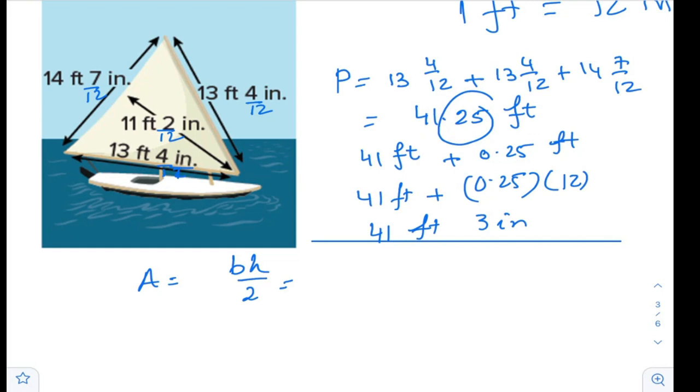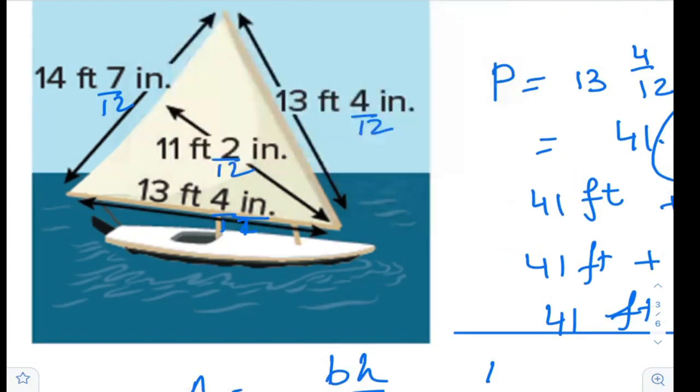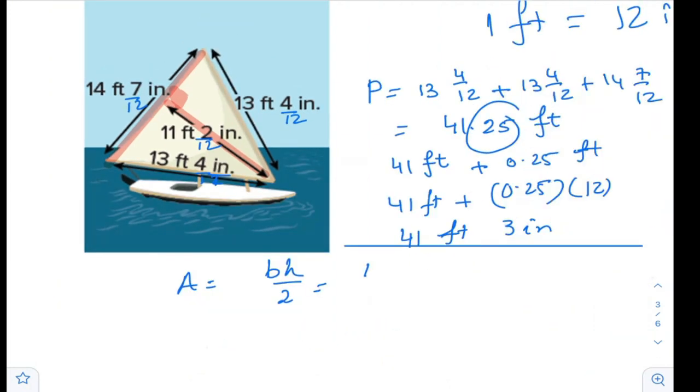So you can use them. Which one? This is confusing for you. Some students were asking me, Miss, which one shall I use for base and height? Since this height is given to you, then this must be your base. You cannot use any other base. This is the base that I need. Usually the base and the height are perpendicular to each other, so don't use any base. Now you should use this one.